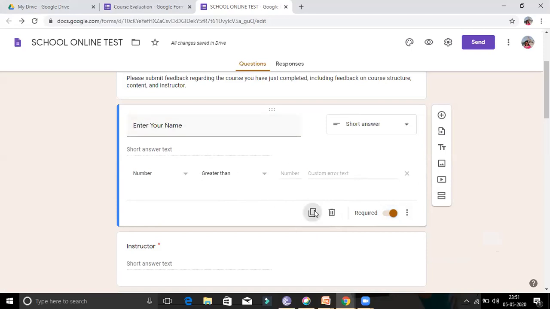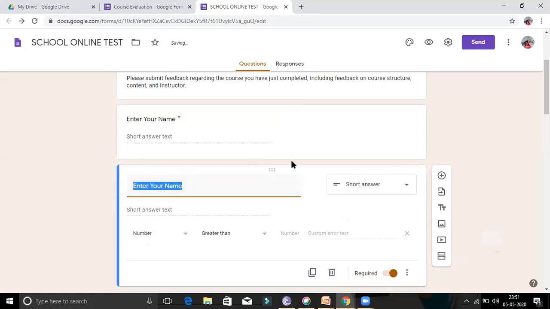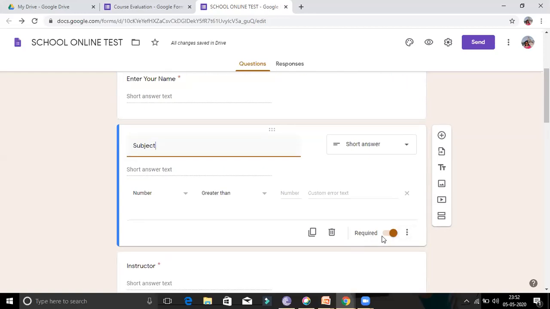Here make a copy, and they can also write the subject, and the answer they will write here. You also have to make it required, meaning they must write the subject here.